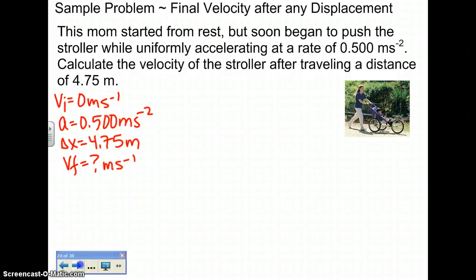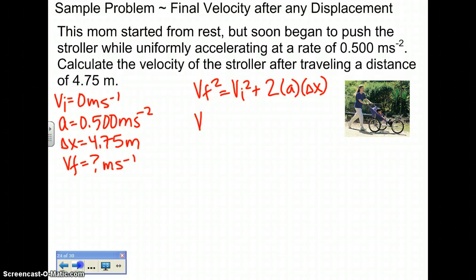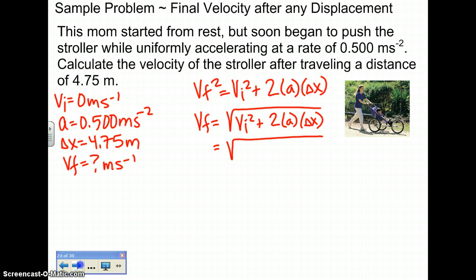Okay, so the equation you want to use here is the kinematic that does not have time in it. That would be your VF squared equals VI squared plus 2A delta X. Now we want to just have VF, so we need to square root both sides. So VF equals the square root of VI squared plus 2A delta X. Plugging this in, our VI squared is 0, so nix it. That would be 2 times